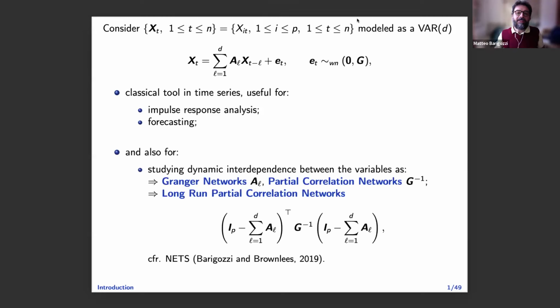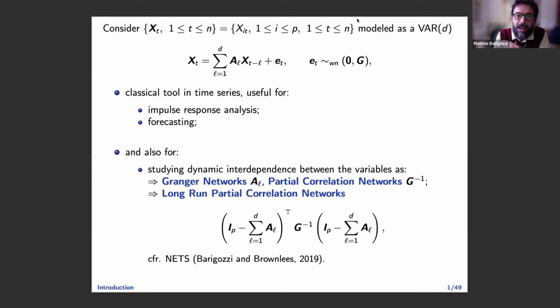And then there are recent works, and there have been many works, showing that, on the other hand, by looking at the parameters of these models, so the coefficient A(L), and often the inverse of the covariance matrix G, you can give an interpretation in terms of networks. In fact, the interpretation is in terms of partial conditional correlations, which are usually mapped into networks. This is the idea of graphical models that goes back a long time. There are works by Dahlhaus on this, by Michael Eichler, and then there is a paper by Christian and myself, for example, where we took this approach.